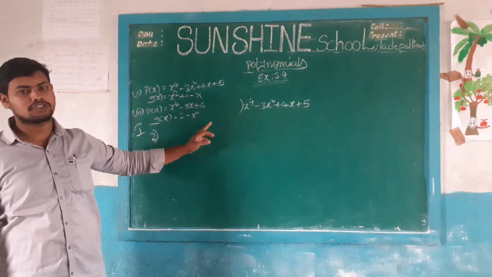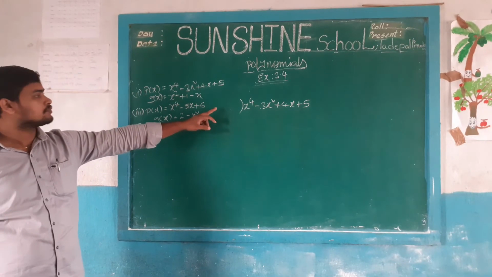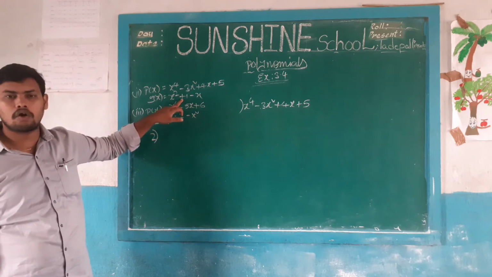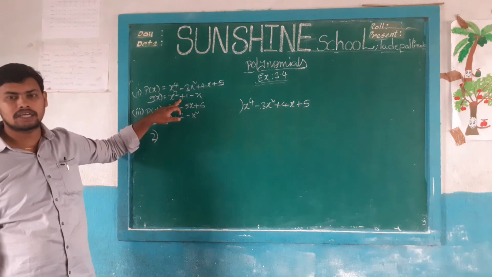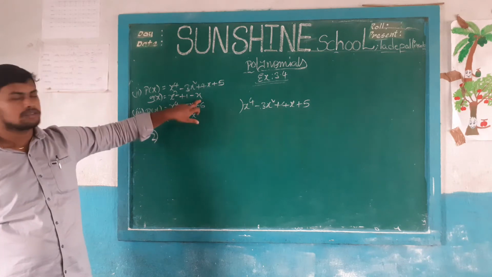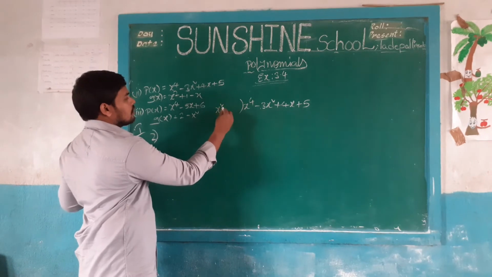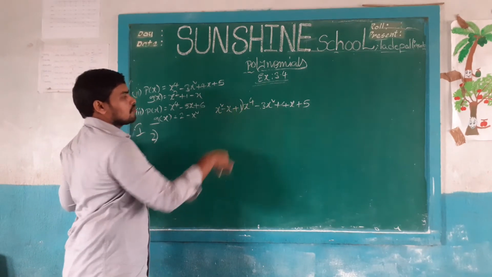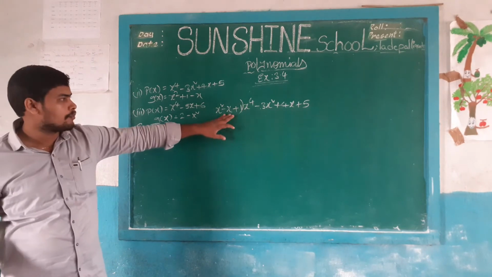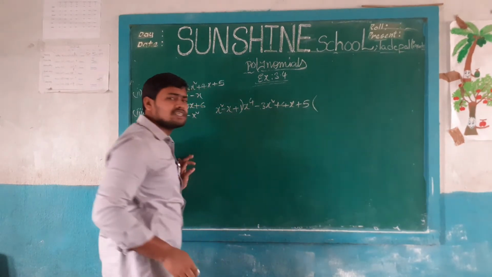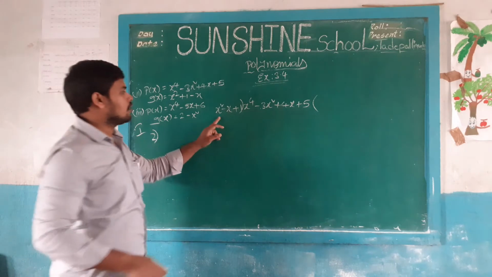Next move on to the divisor. First the x square term is there, next there is a constant, so you should not write the constant in the middle of the polynomial. So write down the x term here: x square minus x plus 1. Okay, x square minus x plus 1, it is in the format. Same process.